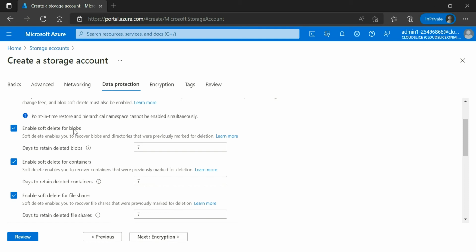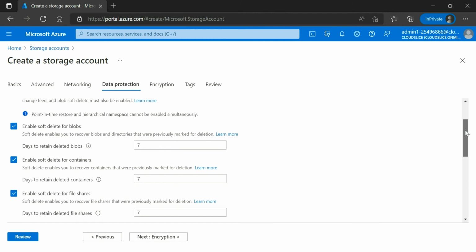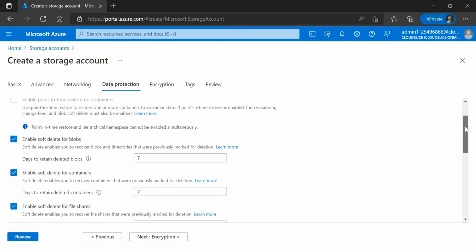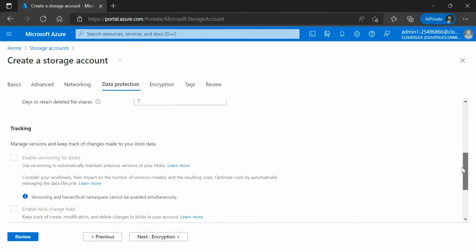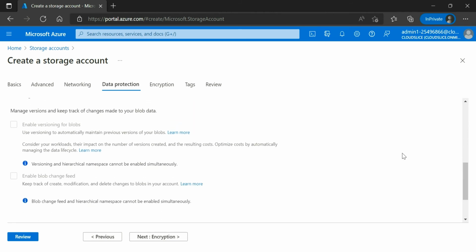Enable soft delete for blobs. What will happen is, suppose you deleted any blob, that blob will stay over there for 7 days. So by default, if you accidentally deleted something, blobs or files, those will stay over there for 7 days, so that you can recover those files. So that option is already selected. Soft delete for containers, soft delete for share files, those files also stay over there for 7 days. And tracking, it's up to you whether you want to enable versioning for those storage containers. If you want that, you can click on those things,